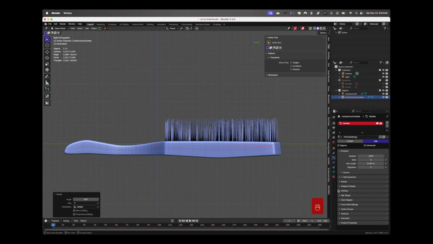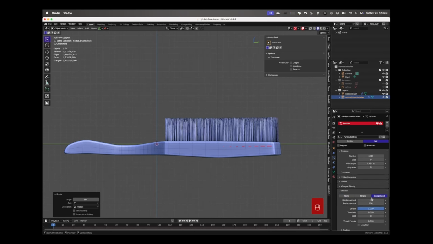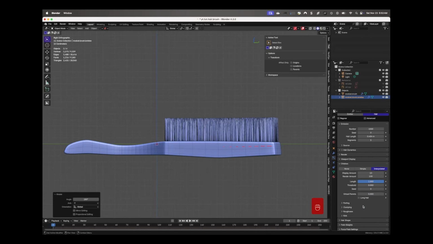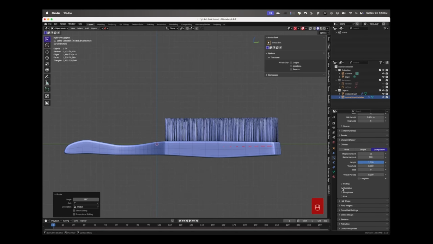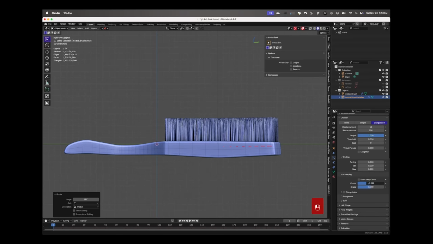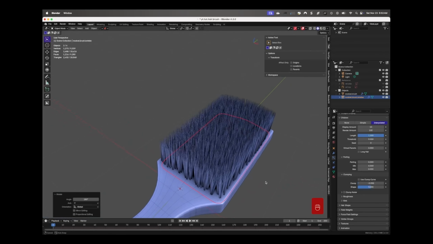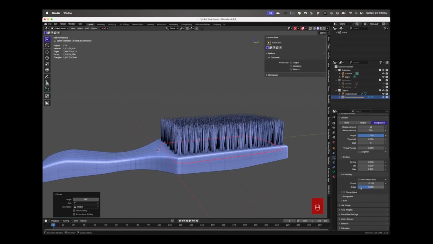I'm going to go in and do the children interpolation setting here. We don't need a ton of hairs to populate here because we're doing brush bristles, and if we have too many, it will affect our ability to change the clumping method here to make it look like a bunch of bristles are coming out of a particular center point, like you're seeing in the video now. The same kind of effect can be used to make a toothbrush as well.